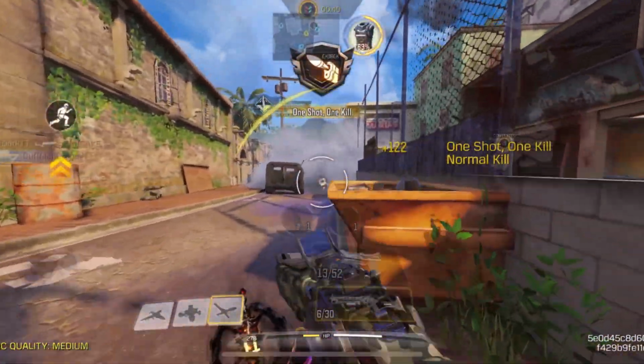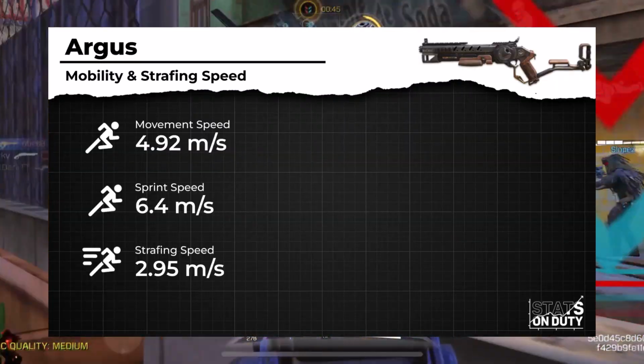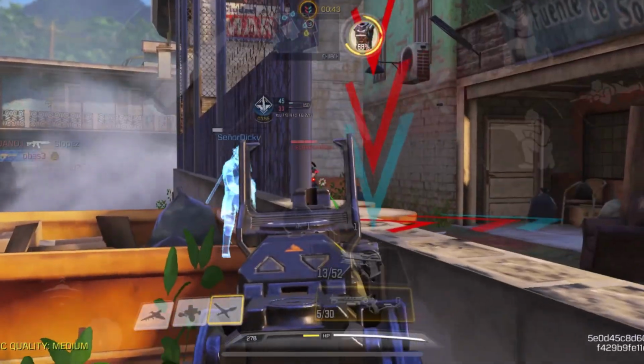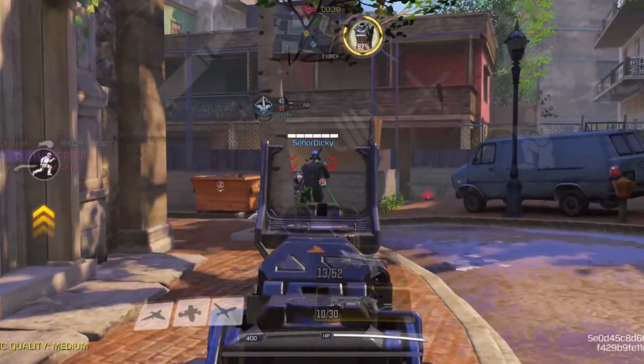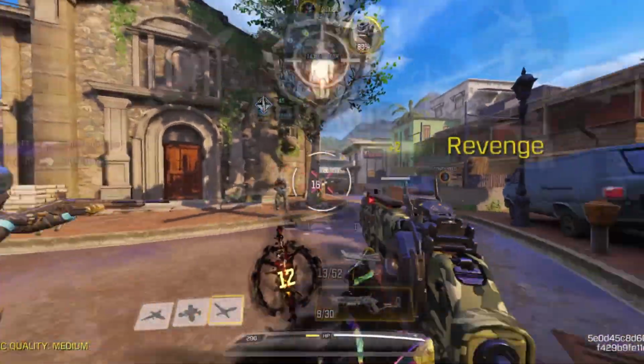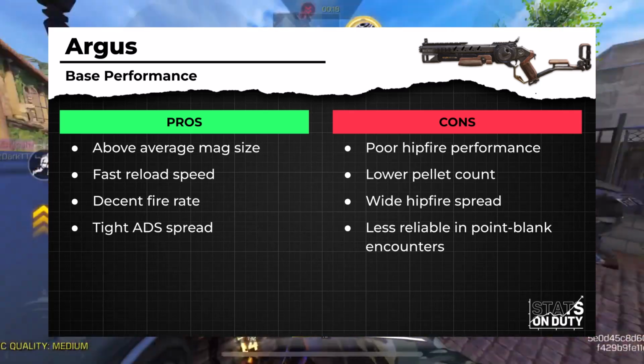Mobility is identical to the KRM at 4.92 meters per second when walking and 6.4 meters per second when sprinting. The same goes for its strafing speed at 2.95 meters per second, although this is less relevant for a single-fire weapon. In terms of basic stats, the ARGUS features an above-average magazine size, fast reload speed, and a decent fire rate,